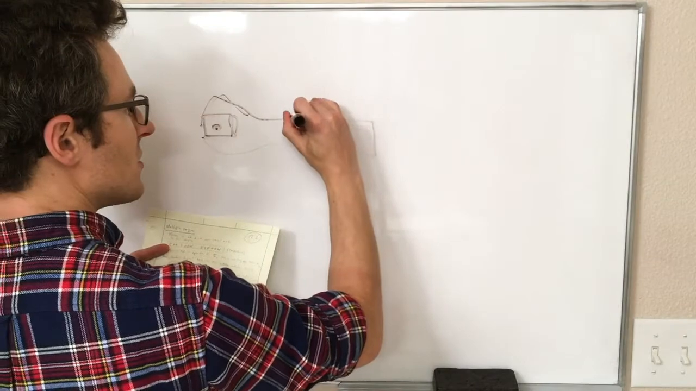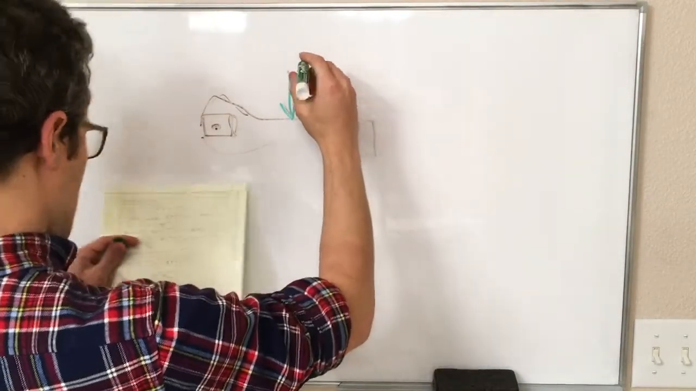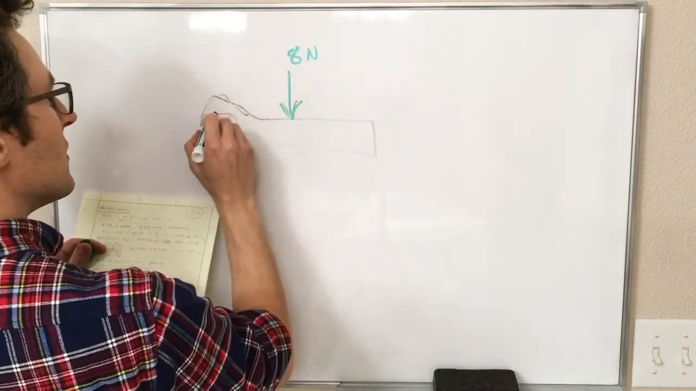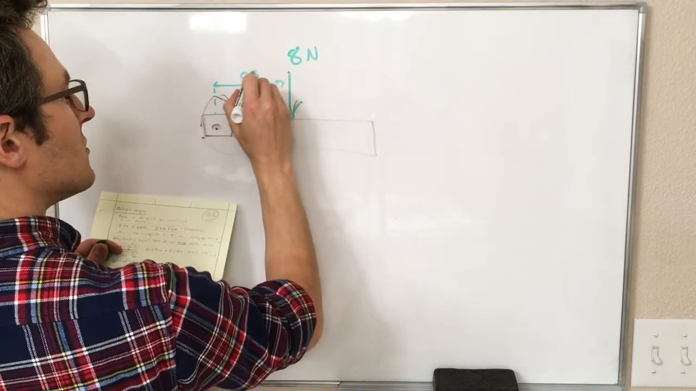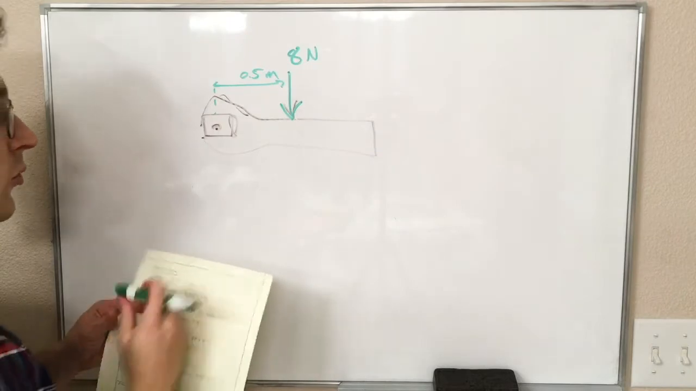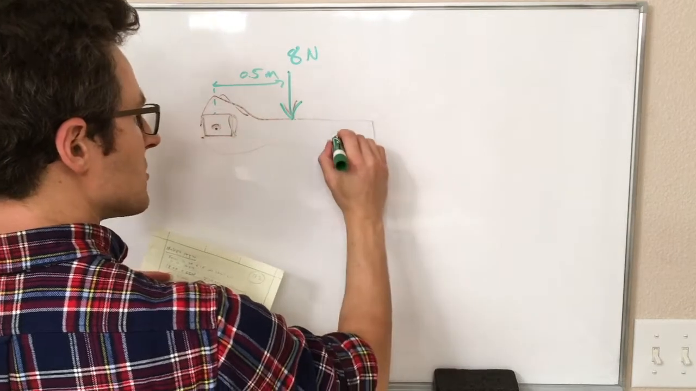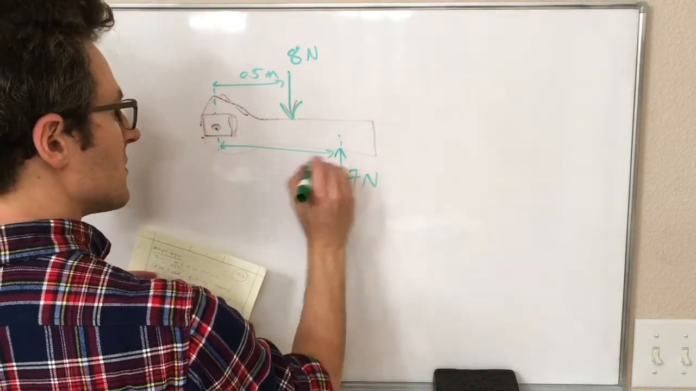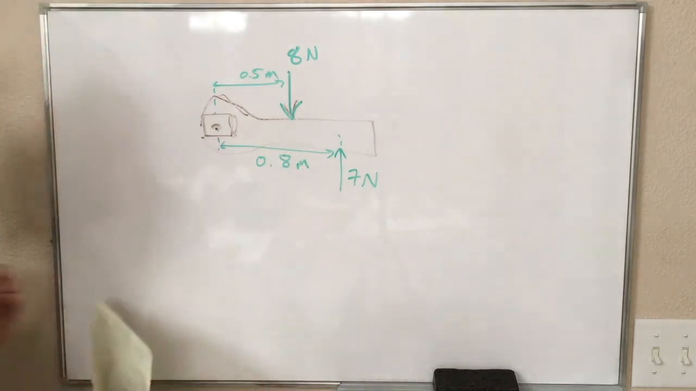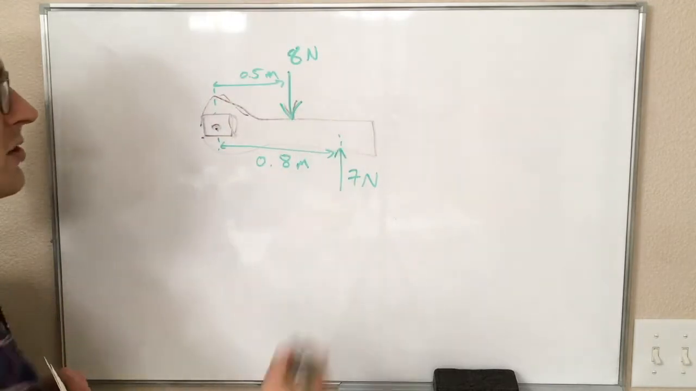Again, this is a very big wrench. We'll say there's a force downward on it right here, and this is 8 newtons of force, and this distance is 0.5 meters. And then we'll also say there's another force on this wrench in the upward direction, that is 7 newtons, and this distance is 0.8 meters. So it's someone pushing down here with 8 newtons of force, someone pushing up there with 7 newtons of force,